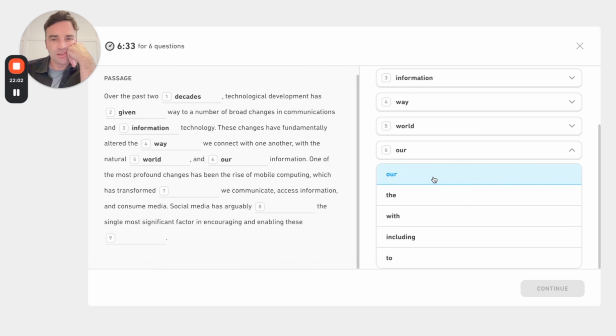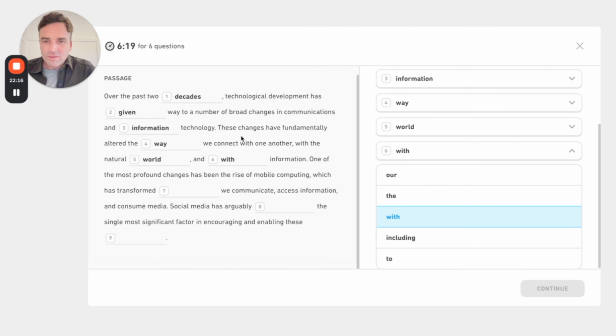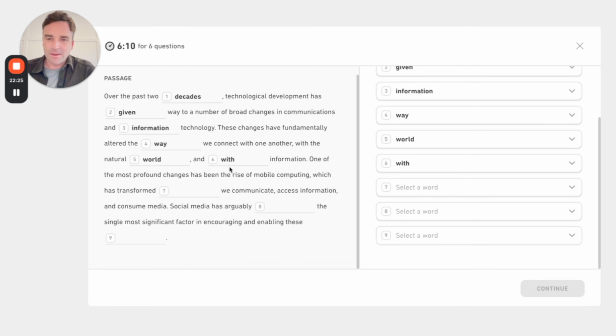It could be with and with information. And include information. I'm not sure, to be honest. This one could be... These changes have fundamentally altered the way we connect with one another, with the natural world, and with information. And I'm going to go with that, but I'm not completely sure, to be honest. So we'll check it. Good thing about interactive reading, when we go to the next part, we can check our